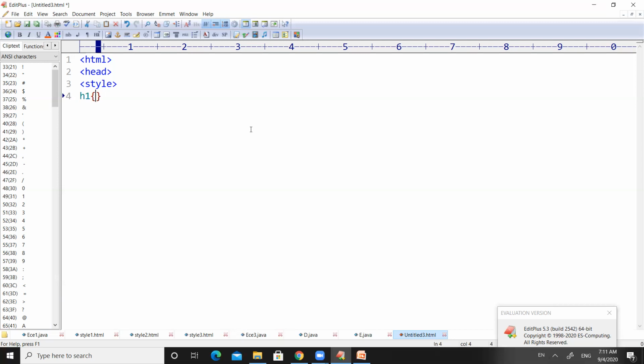Those styles need to be applied inside these curly braces. Whenever I use H1 in my code, I want to see that H1 in red color.